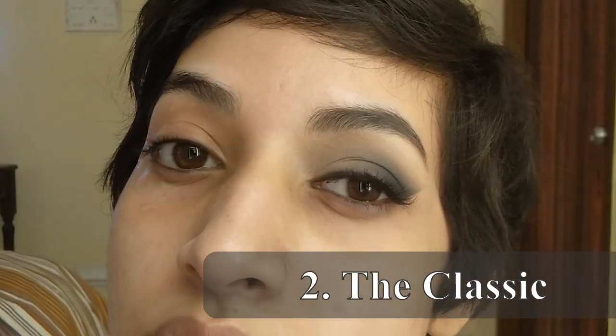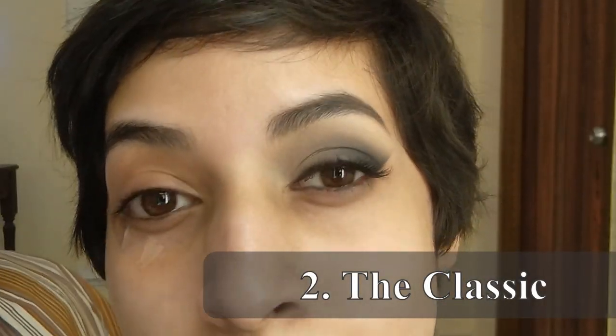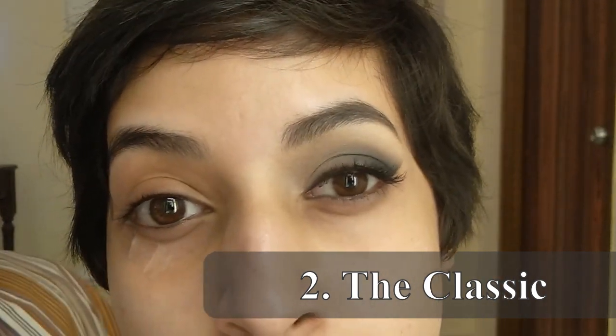It's a classic run-of-the-mill smoky eye. Very pretty, very Jaclyn Hill, and my personal go-to. And for this look, we will be adding lashes, and we will be creating a sharp wing using tape this time. Yay! So before you apply tape to your crow's feet area, make sure you take off the main adhesive